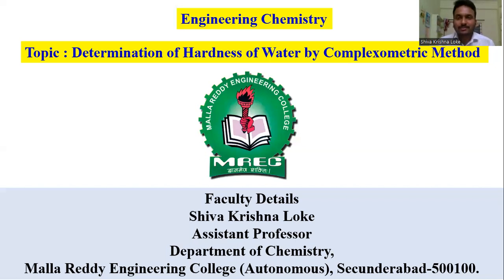So first, let us discuss what is meant by hardness. Hardness is nothing but a property of water. Hardness is due to the presence of chlorides, sulfates, and nitrates of calcium and magnesium metal ions. So, after discussing the definition of hardness of water, let us discuss how to determine the hardness of water by this complexometric titration method. Before going to discuss this method of titration, I want to discuss the structural properties of